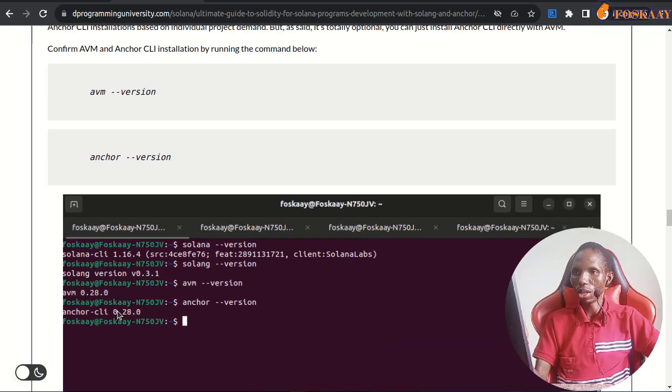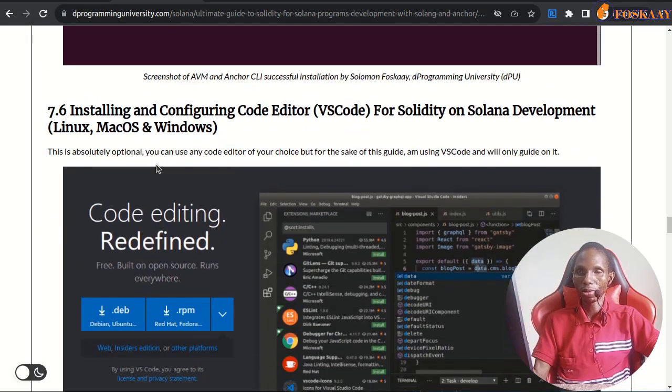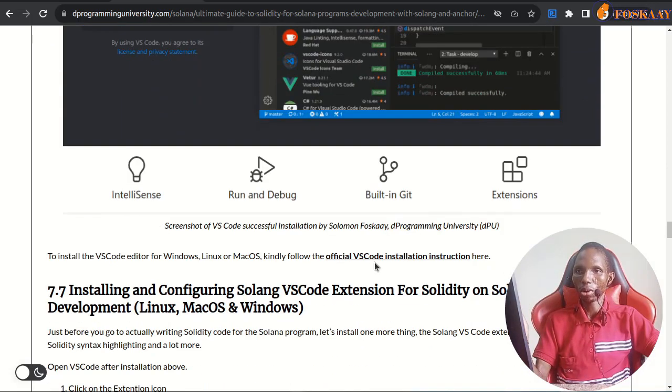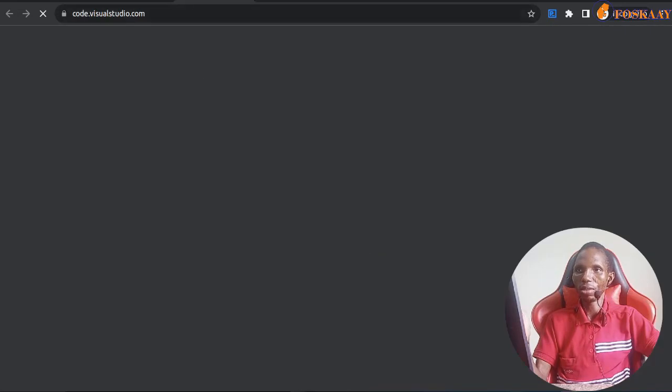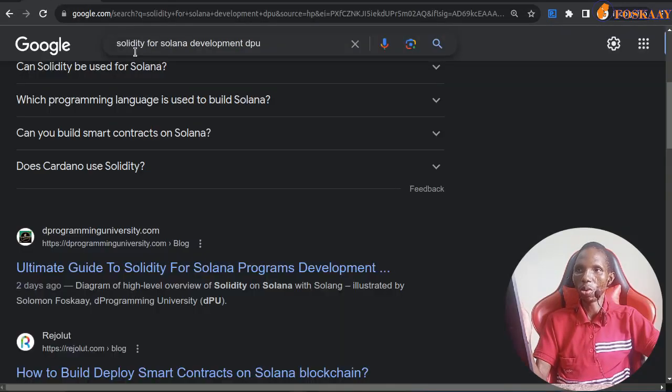So now we need to move on. Before we move to the full development, which will be the next course in this series, we'll now be installing the code editor. You can decide on anyone you are using, Atom or whatever. I prefer VS Code, so it works on any of these OS. You can install. We also have the official link already in the full guide,